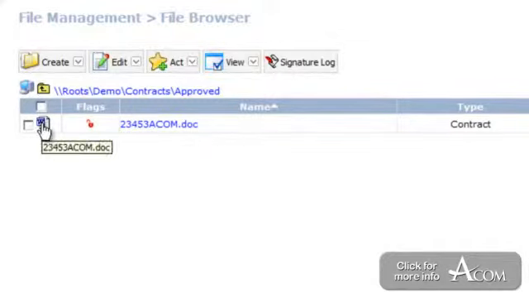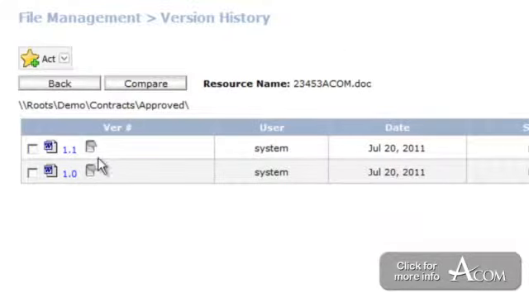It would open in its native format, in this case Microsoft Word. I could make changes to it, I could save it, I could check it back in. If I had versioning turned on, it would actually create a new version. So if I come in here, I can see I've got two different versions of the document, so I could open each one of these up to see what it looked like at any given period of time,